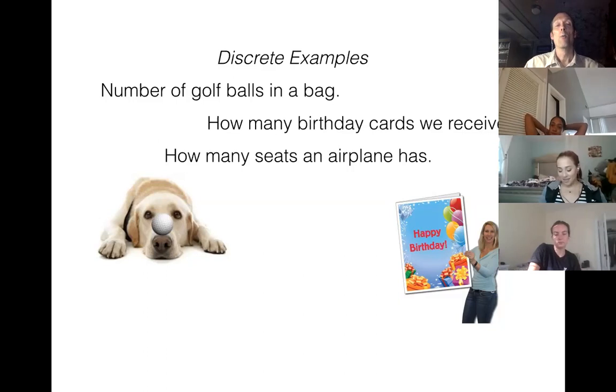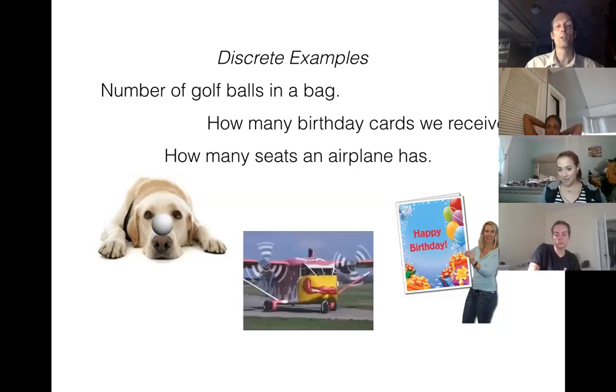And one thing we haven't done in a long time, fly on an airplane probably. If you get on an airplane and walk down the aisle, can you count the number of seats on the plane? Yes, sure. Now, can you find one fifth of a seat in there? Do they do that to you? No, of course not. So that would be discrete.